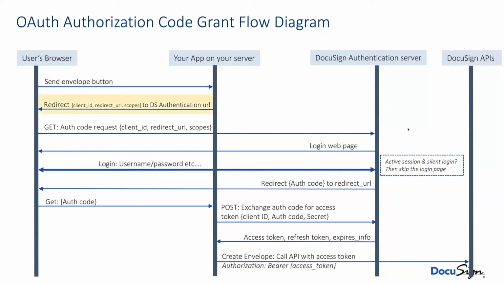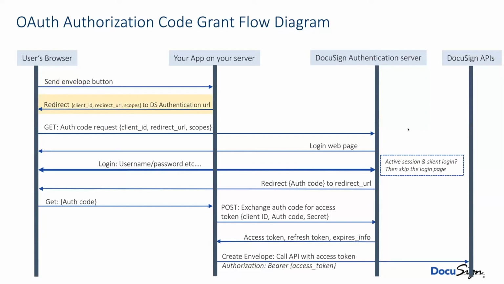And the redirect command includes, as part of the URL that the browser is going to be redirected to, the client ID, that's the same as the integration key, those 2 terms are synonyms, the redirect URL, which is a URL hosted by your application, and we'll use that in a little bit, the scopes, which are the permissions that your application wants from DocuSign for this particular user, some various other minor information, and all of this is using the URL of the DocuSign authentication service.